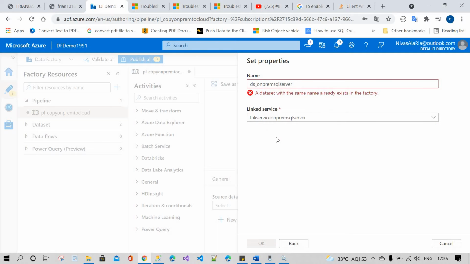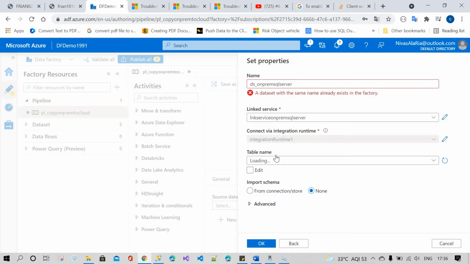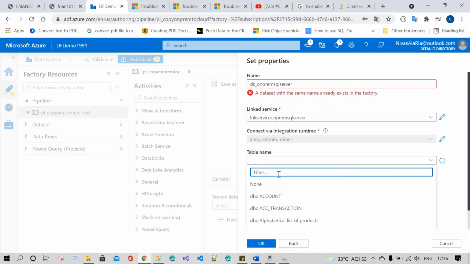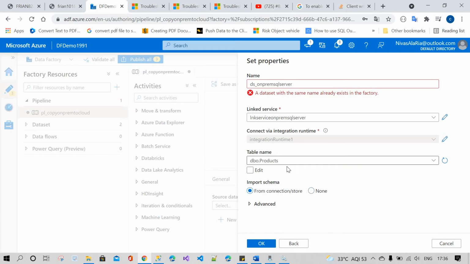This is the linked service I already showed just a minute back. Then the tables load. I want to work with the table named products, so I'm going to copy this whole products table and click OK. Sorry, a dataset with that name already exists, so I'm going with on-premises server 1.